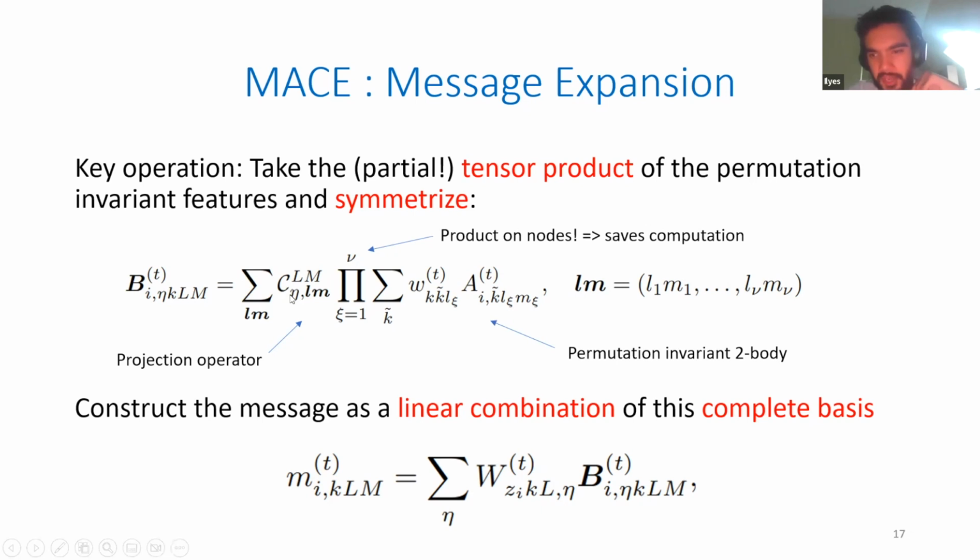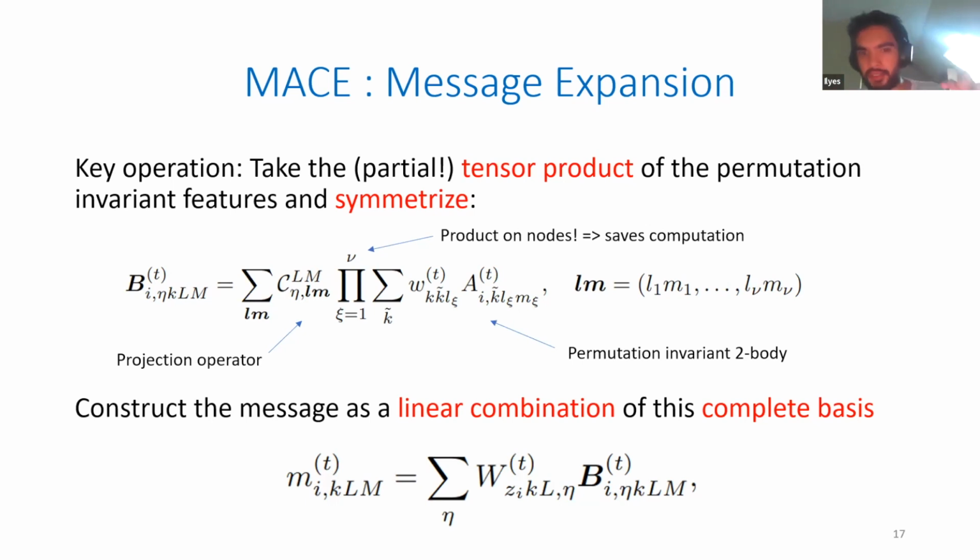And this eta, which might be the most tricky indexing, is actually a very rough index that this is all the kind of permutation and coupling of this LM tuple you can do. So actually you have a lot of paths to create the same LM representation, which means that you have a lot of equivalent paths due to the symmetrization, and this indexes all the paths you can create. So it means it indexes all the kind of non-equivalent B features you can create.